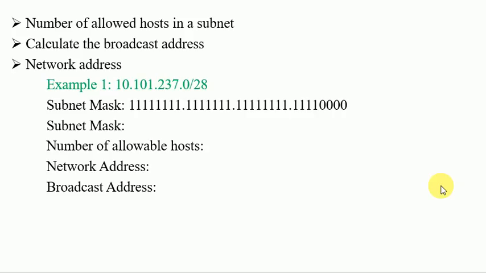So in this video, we are going to show you how to find the number of allowed hosts in the subnet, how to calculate the broadcast address, and how to calculate the network address. For this, we have three examples. The first example is